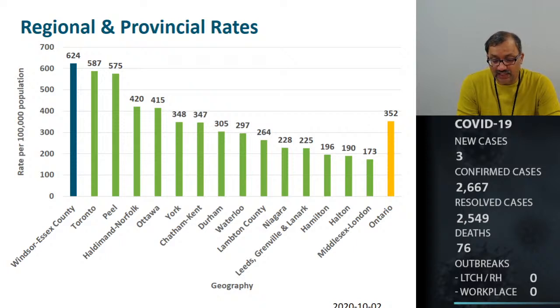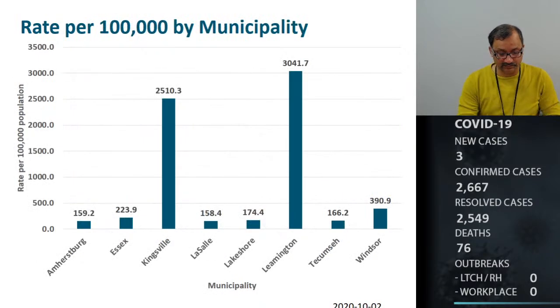For us here locally, as we have mentioned a few times, there was a higher proportion of cases in the long-term care homes and retirement homes, and at one point it was as high as 42% of the entire cases. Right now it constitutes 13% of our overall cases, which includes all the residents and staff. We also have seen a significant number of individuals from the agri-farm sector that were ill in our region, which constitute 45% of our overall cases.